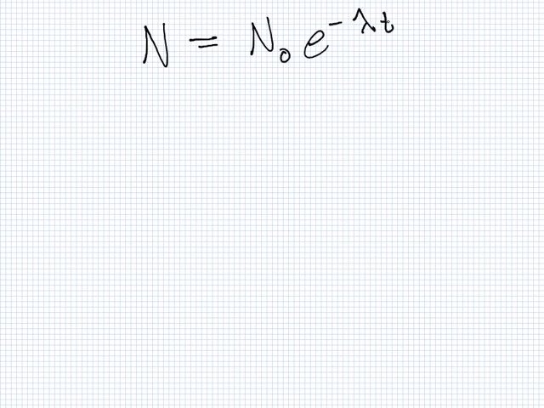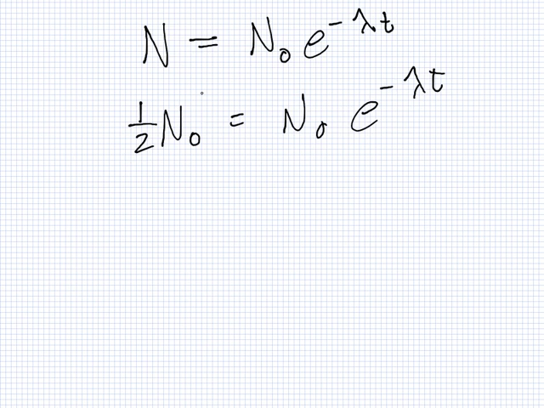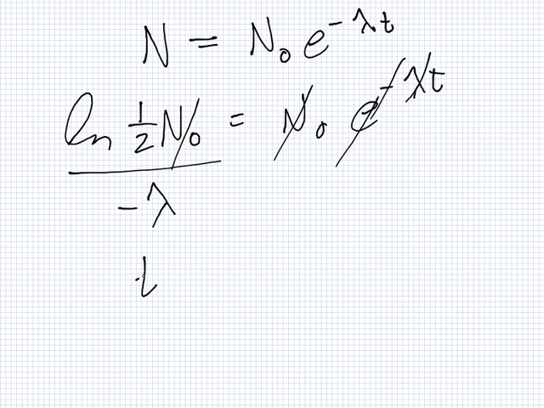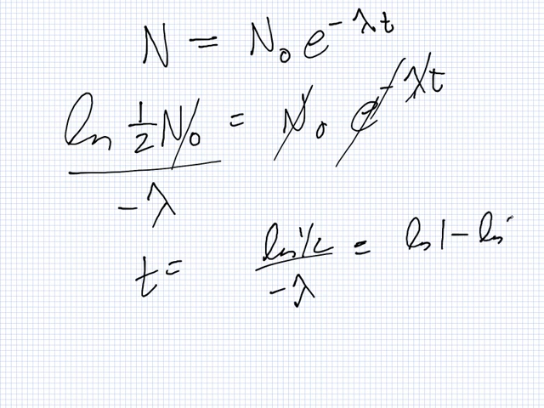So, we want the time for half. So that means we want to have a half n0 here, which I think you all figured out. We can cancel n0. We can log, and then we can divide by minus lambda. So we have t is log a half over minus lambda, which is log 1 minus log 2